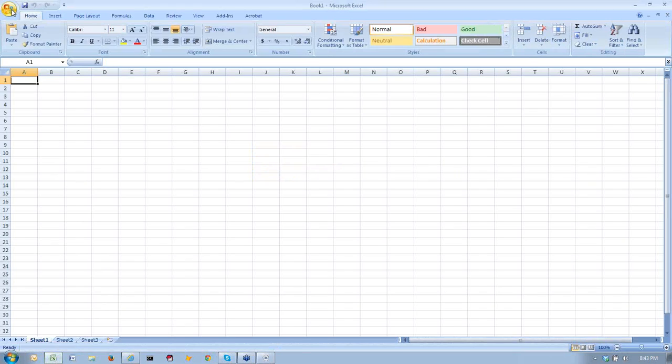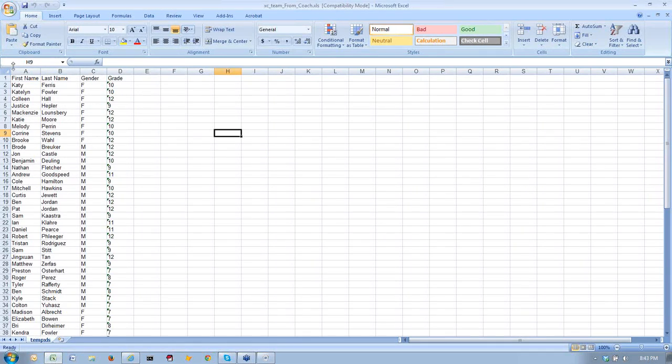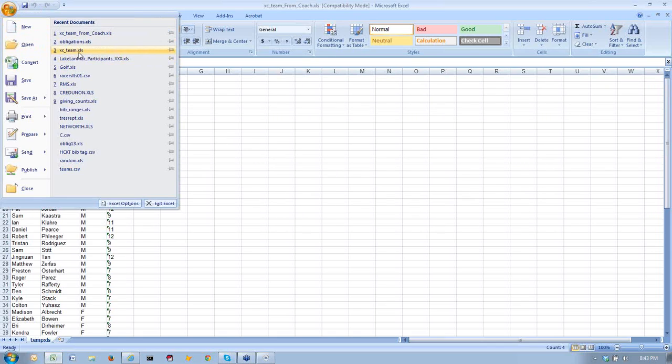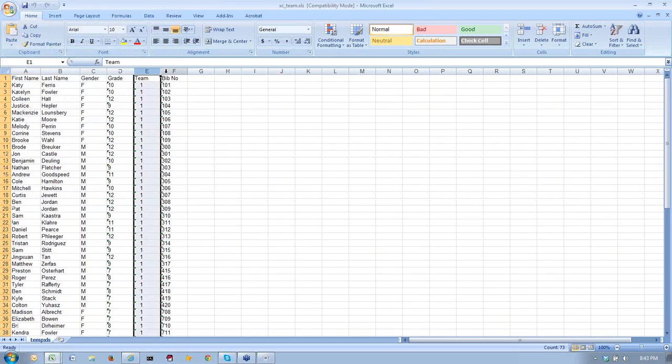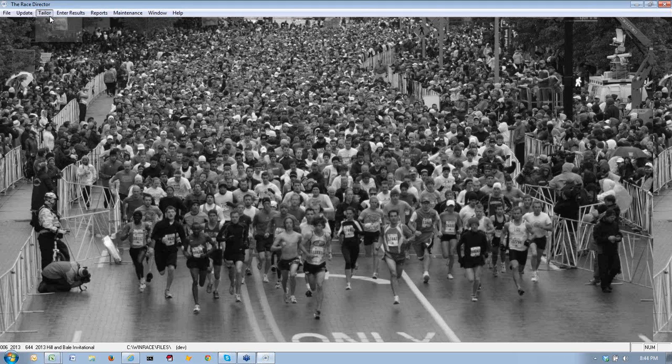And one thing I want to show is how simple it is to get information from the coach. So from the coach, you would generally send out a template that would have, generally all you need are columns for first name, last name, their gender, and what grade they're in. And by grade, it could be other things like freshman, sophomore, but in this case, we're just using a numerical grade. Now, when you get this from the coach, it's not quite ready to go into Race Director. What you would end up adding to it are 2 more columns: the team number and the bib number. So we got this roster from the Fremont coach,